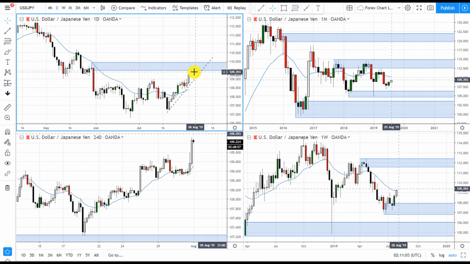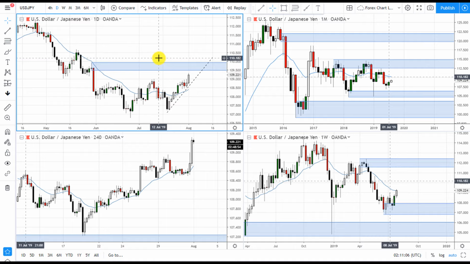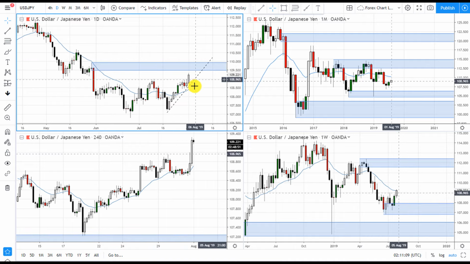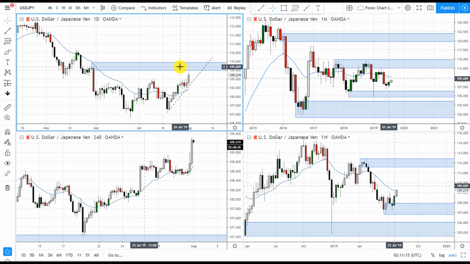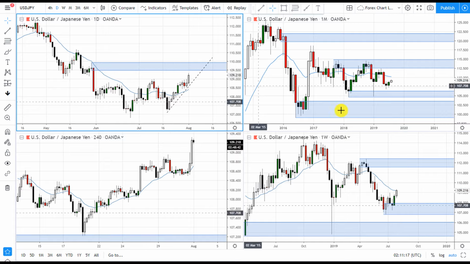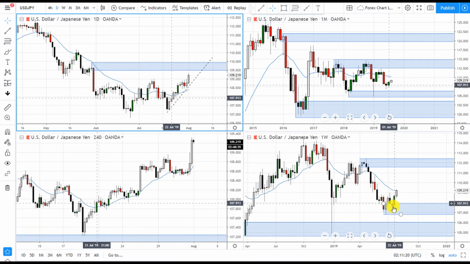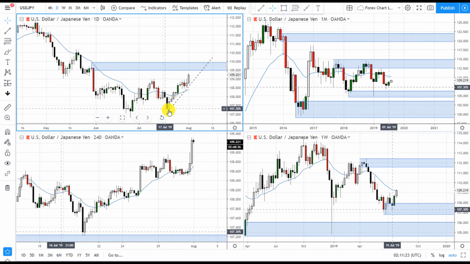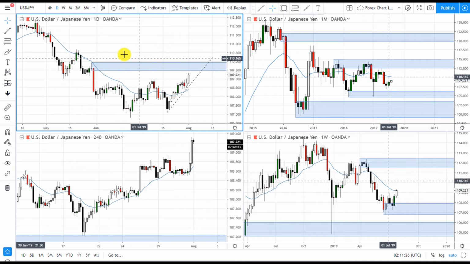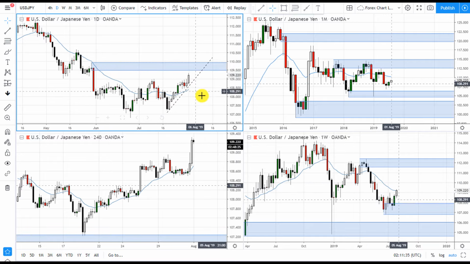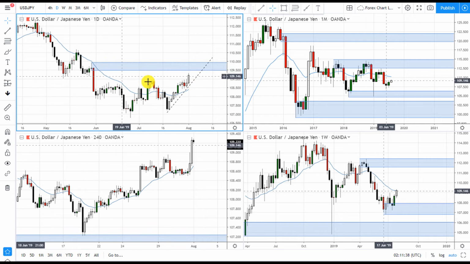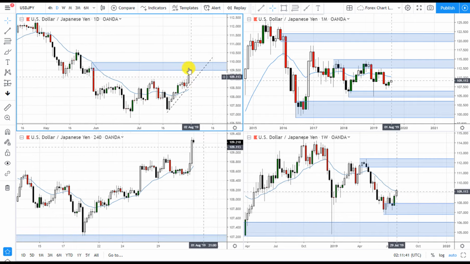and we have an obstacle on the way, which is this daily supply zone, but we're expecting price to break above this because the momentum has changed. It was in a downtrend, but now the weekly has created a new area of demand, and the daily is in an uptrend. So we're expecting this area of supply to be removed because it's not really that strong to begin with. So once this area of daily supply is removed,